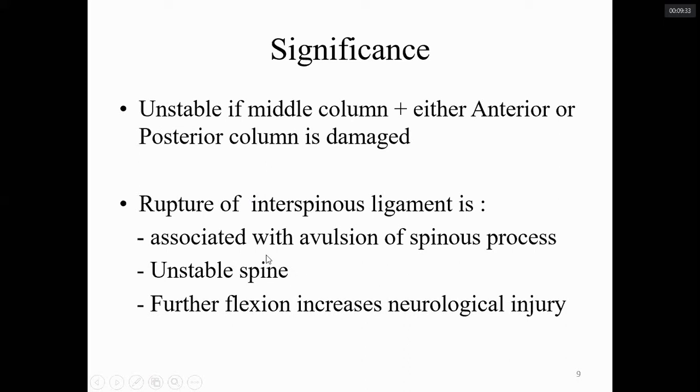So sometimes, along with the vertebral fracture, there is a rupture of the interspinous ligament or the supraspinous ligament. There is a gap between the two spinous processes, and that is also indirect evidence of an unstable fracture. So to see the ligaments around the vertebra, you should go for MRI. For bony involvement, you could do either an X-ray or CT scan.